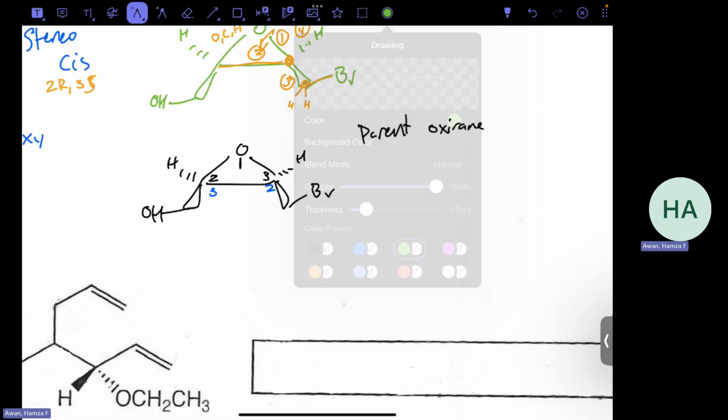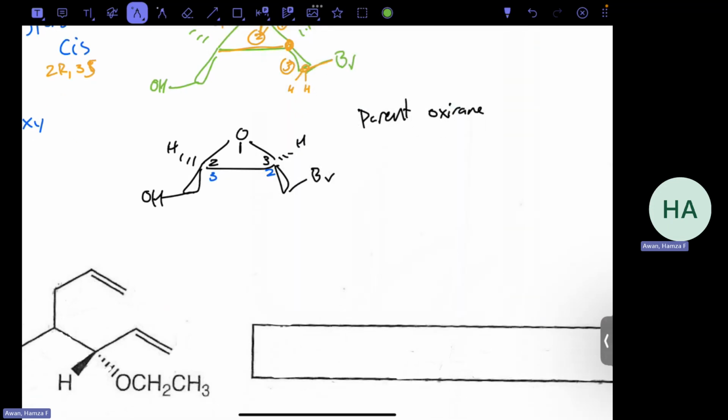I'm just going to write the substituents out without numbering them between 2 or 3, right? So this substituent to the right with the bromine is called a bromomethyl, right? So 1 dash bromomethyl. And then the OH is called a 1 dash hydroxymethyl,